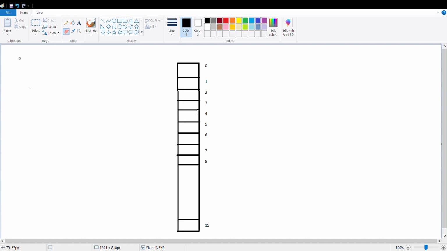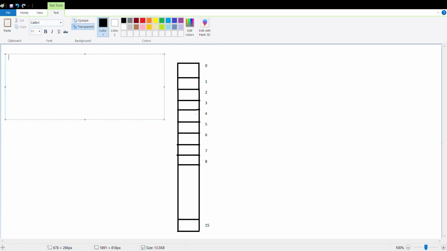As we know, the HashMap stores data in terms of key-value pairs. Whenever we create the object of the HashMap, it will create 16 indexes, meaning the default capacity of the HashMap is 16.